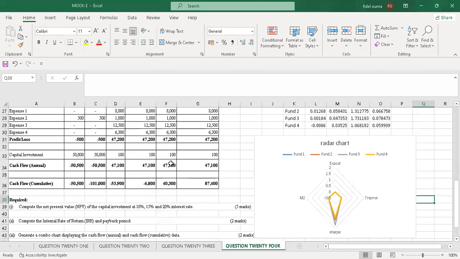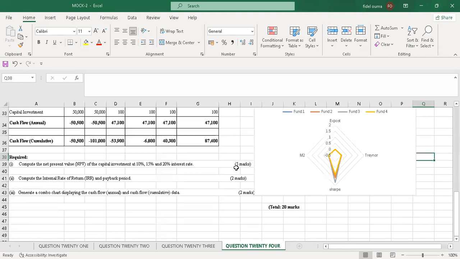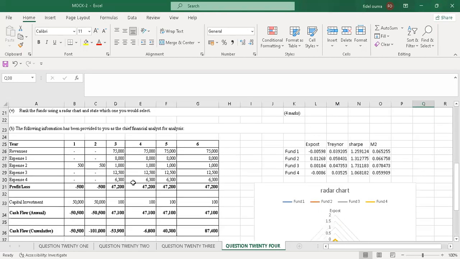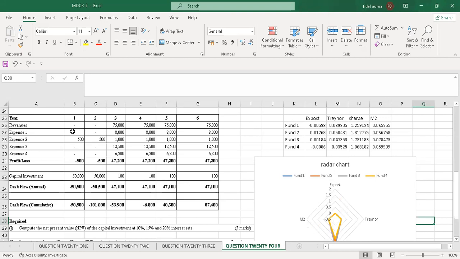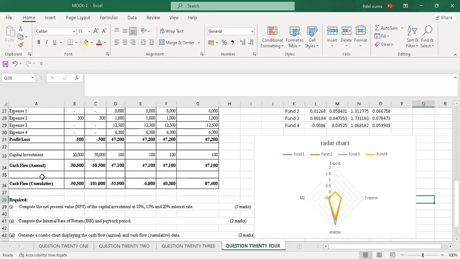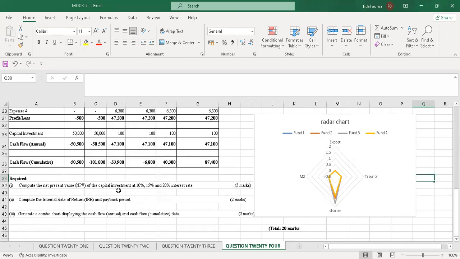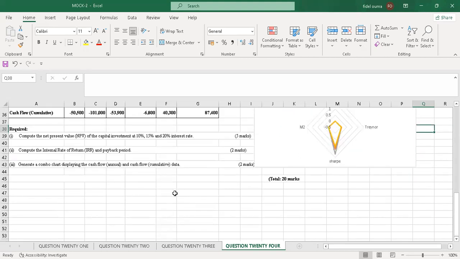So I'll read the question for part B, and it reads, the following information has been provided to you as the Chief Financial Analyst for analysis. We have here all the way to cash flow annual, cash flow cumulative. Then required, compute the net present value NPV of the capital investment at 10%, 15%, and 20% interest rate. Yeah, so this is the weighted average cost of capital. So I'll start with the one under Roman 1